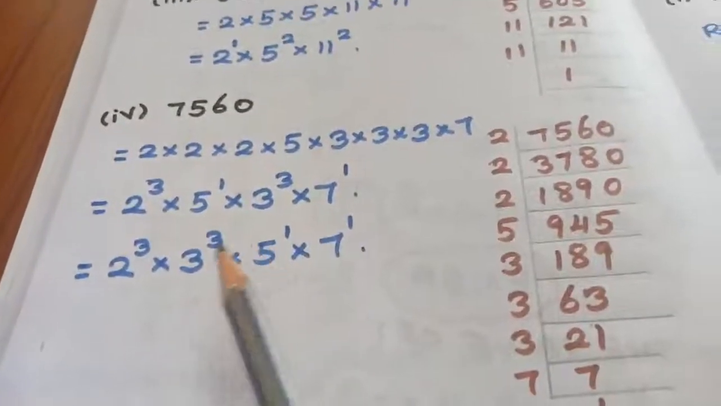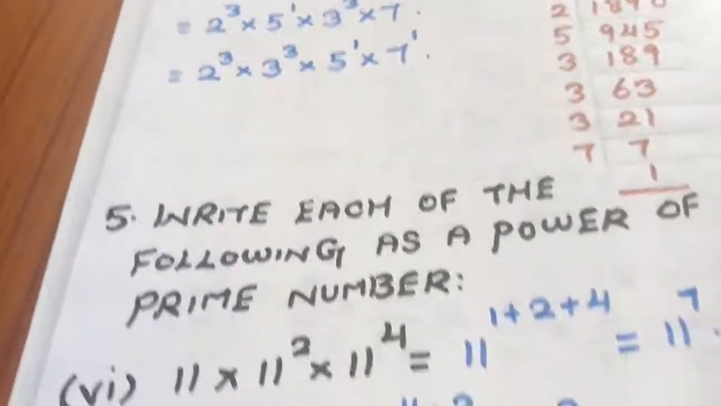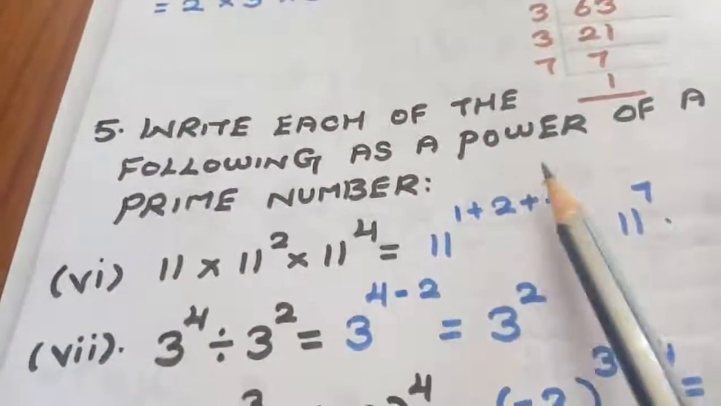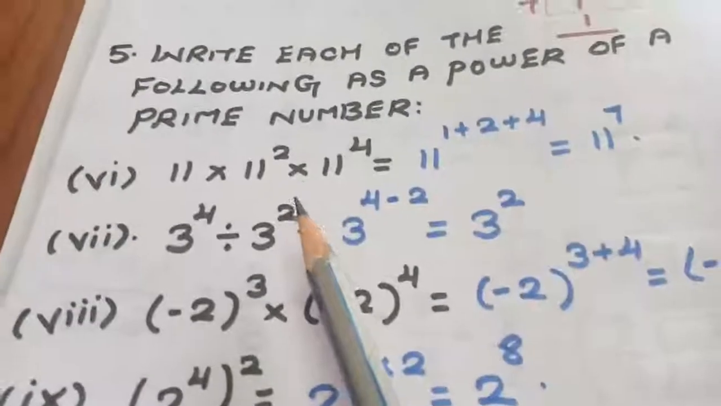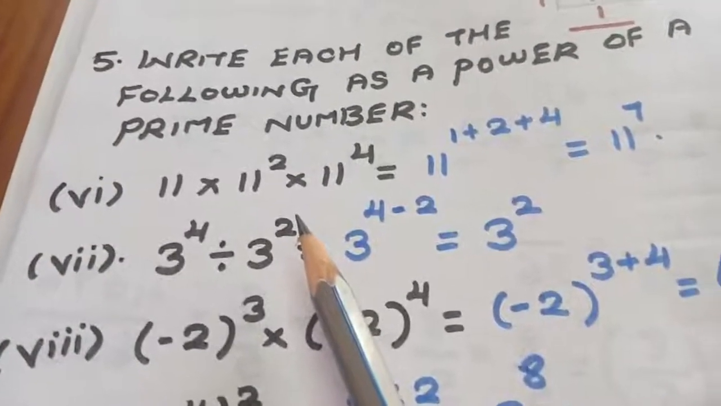So this is the idea of doing the sum. Coming to the next question, write each of the following as a power of prime number. So already they are given to you in this form. So what I am going to do here is